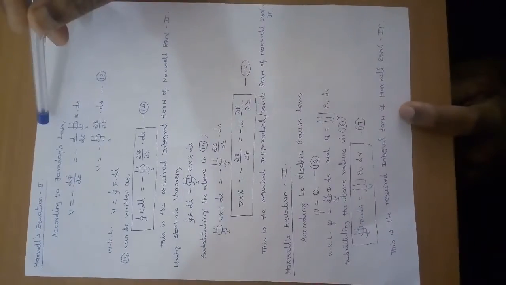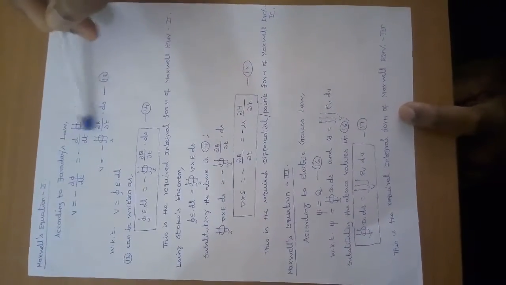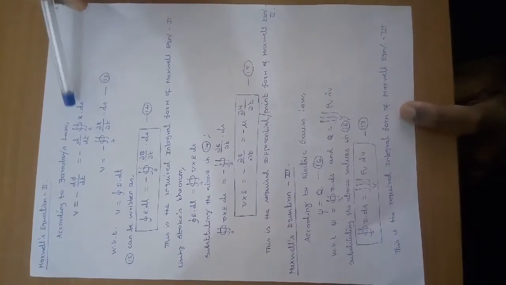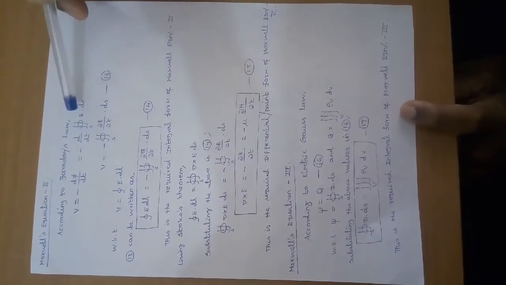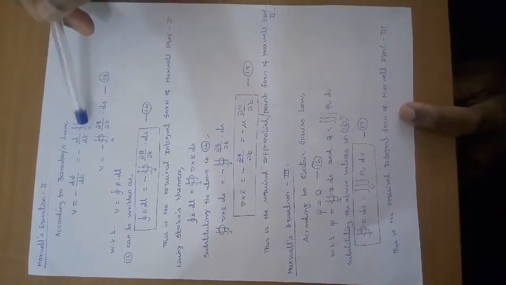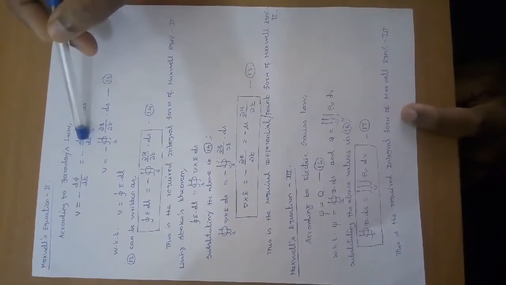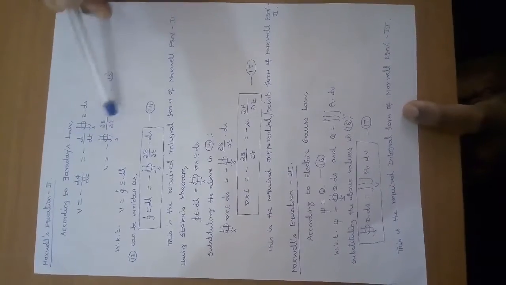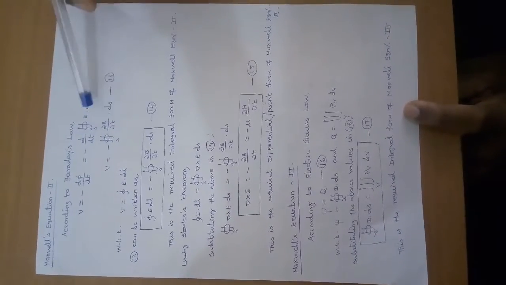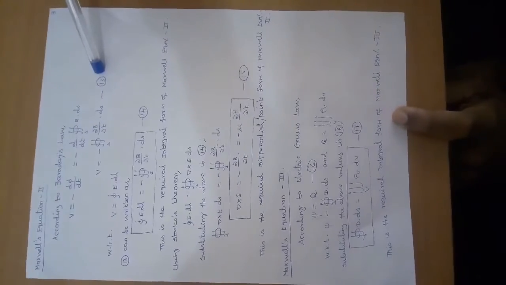As it is a magnetic law, this magnetic flux will be written as surface integration of B ds, where B is the magnetic flux density. So V will become minus d by dt of surface integration of B ds. If I take this differentiation inside the integration, it becomes dou. So V can be written as minus surface integration of dou B by dou t ds. Take this as equation number 13.